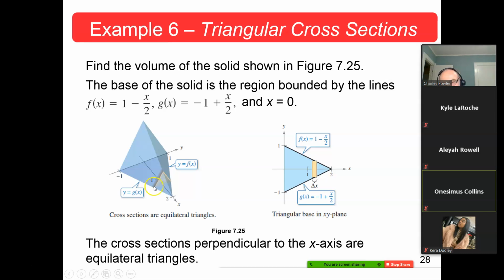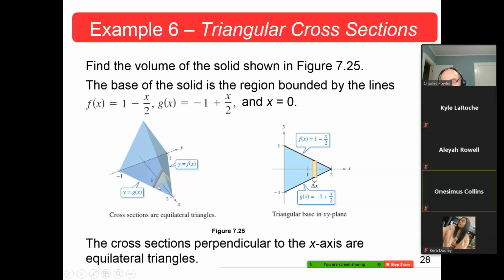This length here is exactly the same as that length there. That's what it means to be an equilateral triangle. So if you do your perpendicular from the vertex down to the x-axis, that splits this exactly in two. So 1/2 the base, and the height here is